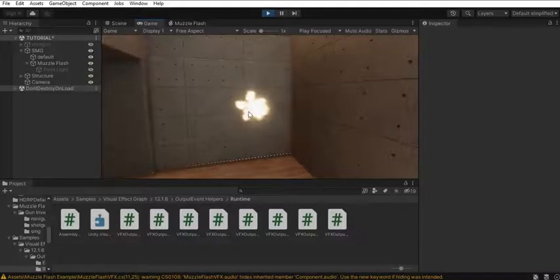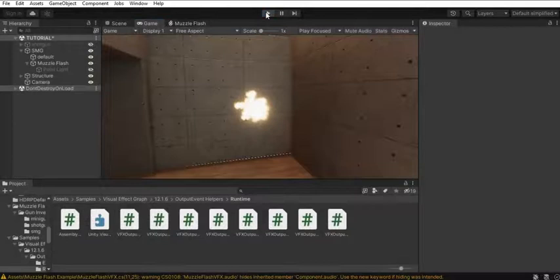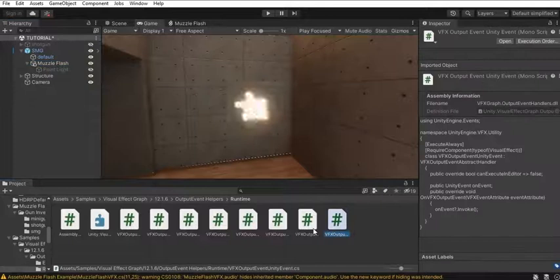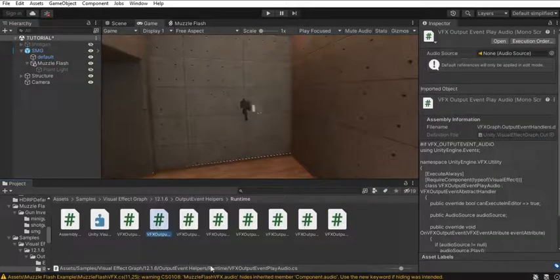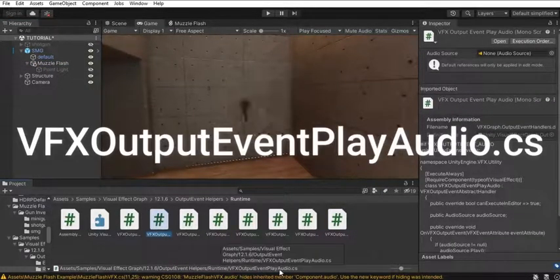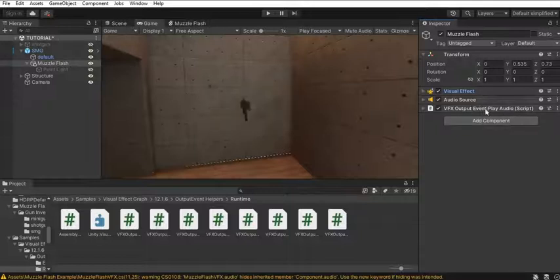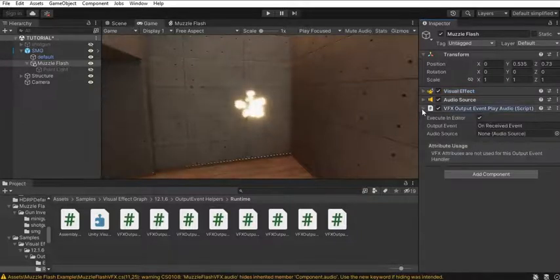Alright, so as you can see right now we don't have any audio or light. So I'm going to add this one script, VFX Output Event Play Audio, to our game object, and it takes in an audio source. We already have an audio source, so I'm gonna plug it here,